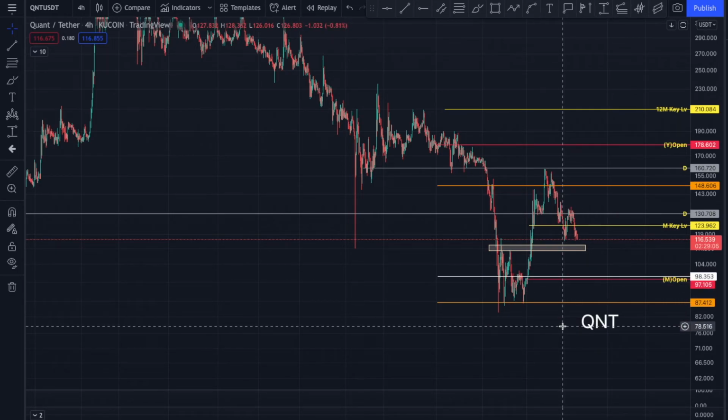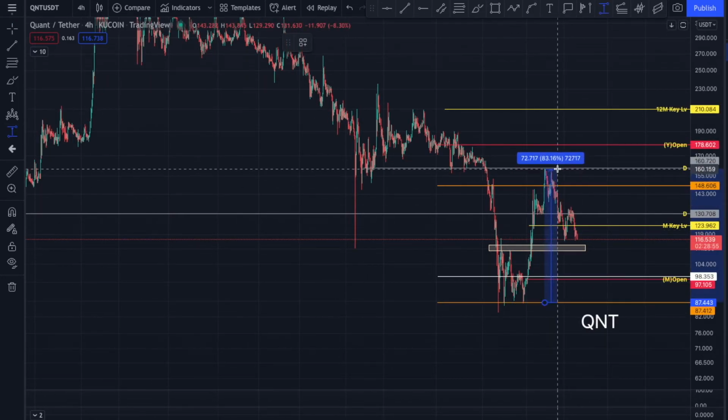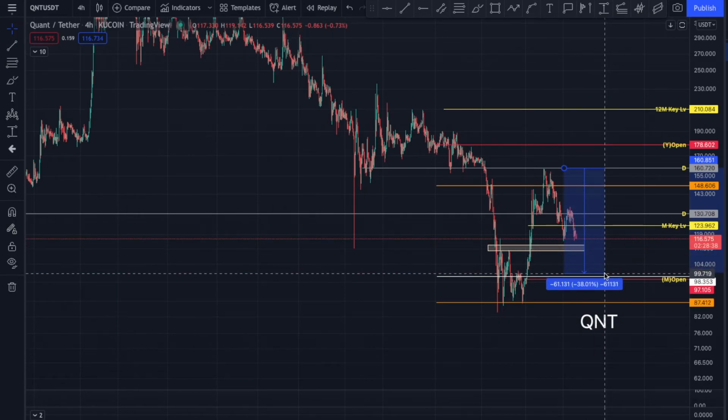I know it's really tough when Bitcoin's in these downtrends, because it just destroys any altcoin, right? You get a little glimpse of hope as you get these rallies with Bitcoin, right? This was a nice 80% move to the upside, but then it's superseded by probably almost a 40%, 30% drop. And once again, this could be where we turn around. I'm not saying it's not, but if we do fall back down at this point of control, you're talking about